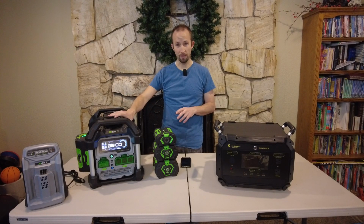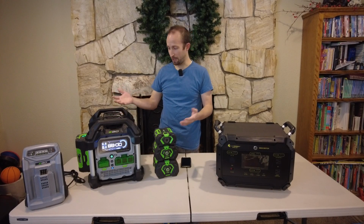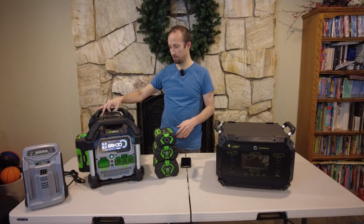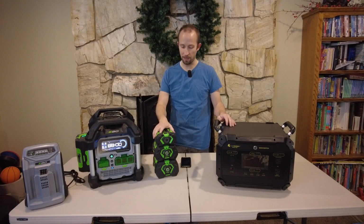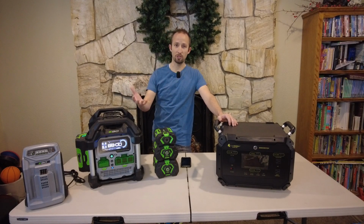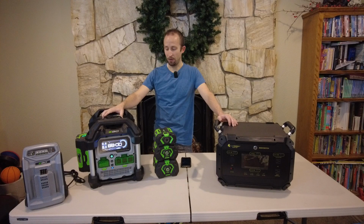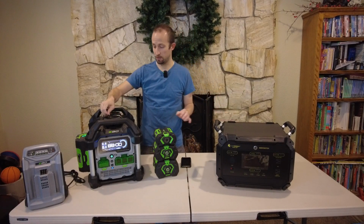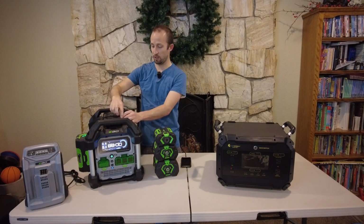The other thing I really don't like about it is that there is no solar capabilities whatsoever. You buy a product from a good company that you think is going to give you what you need. I think with the industry where it is now, and the competition and how many power stations there are out there, it's funny that they wouldn't include a way to charge it through solar. What they do include, which is rather pitiful as well, is this charger that comes with it